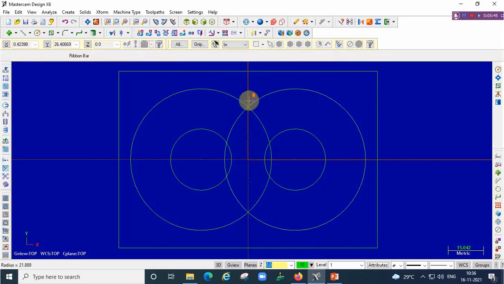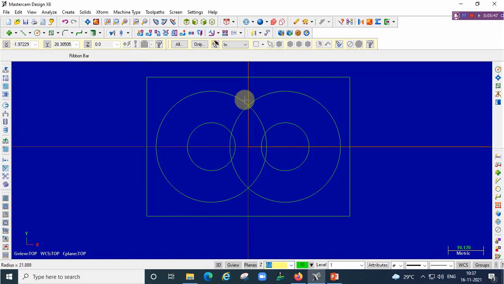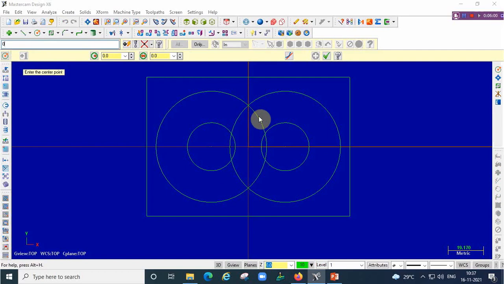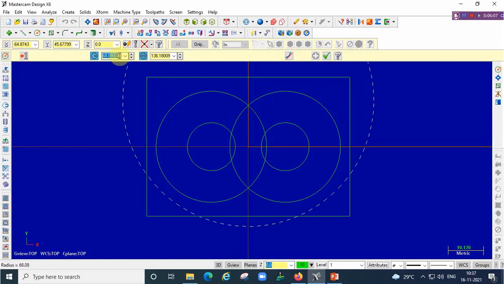Now we need to create two circles, one at the top and one at the bottom. Once again go with the create circle option. Enter the center point 0, 25 is the center point, and enter the radius as 10.